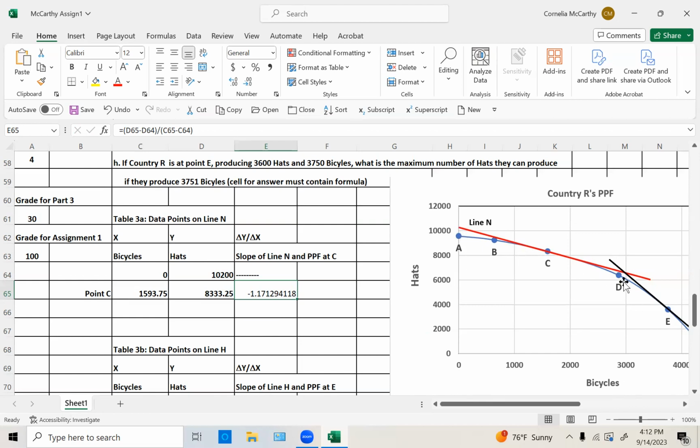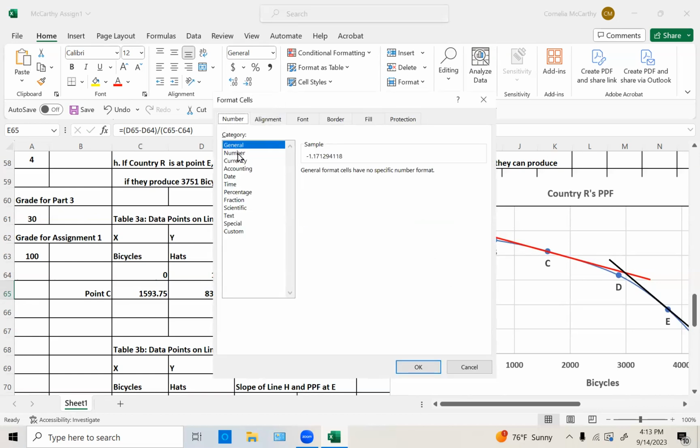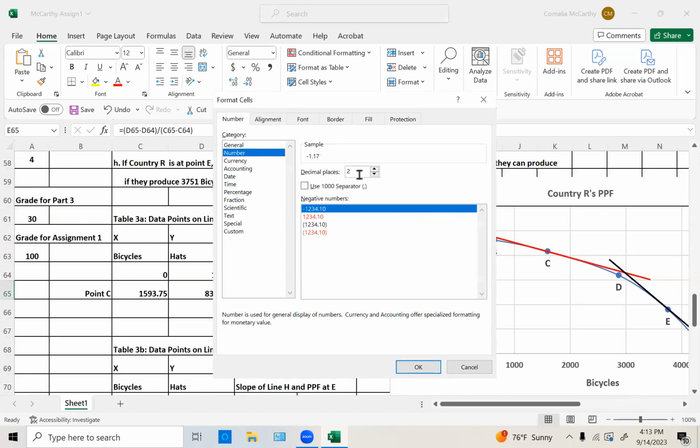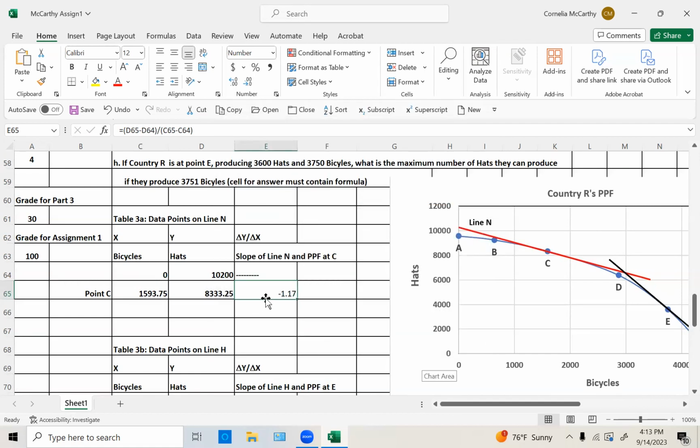So anywhere on this line, because it's a straight line, the change in hats as you increase bicycles by 1 unit will be a decrease in hats of 1.17. To simplify it, because it's giving you so many decimal places, you can go up here where it says numbers, say this is a number, it gives you a default of 2 decimal places, which is fine, and hit enter, and it just simplifies what's here. If we move down